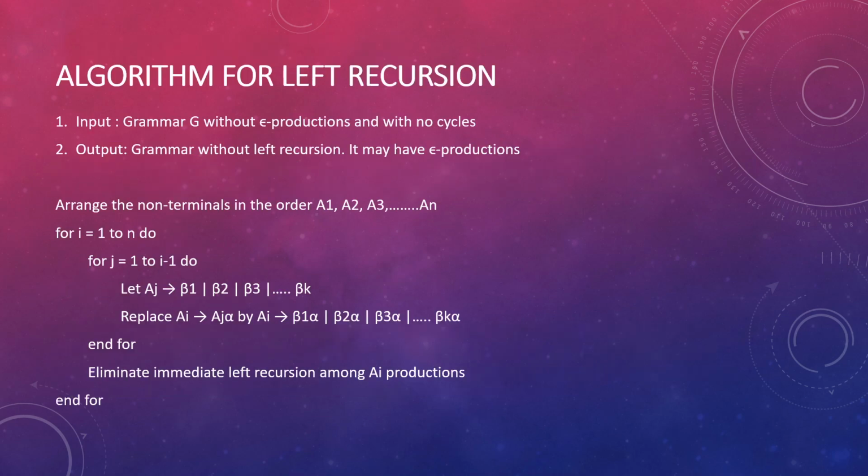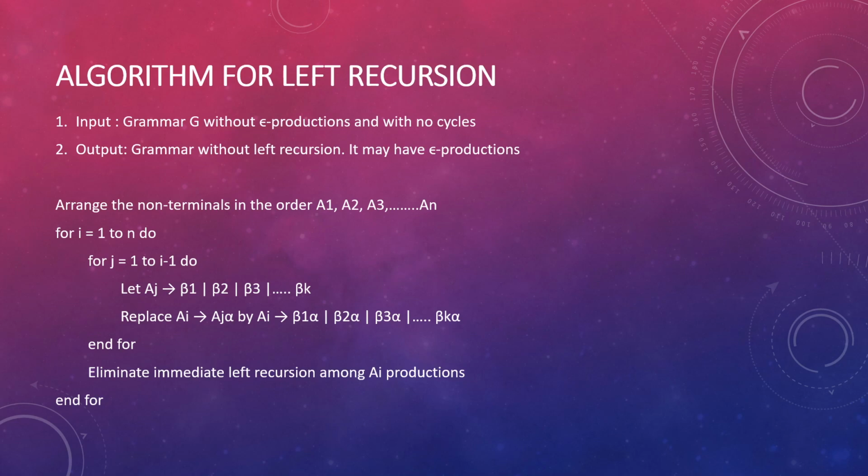Algorithm for left recursion. Let's say we are given a grammar with no cycles and no epsilon productions, and we are going to get output without left recursion. It may have epsilon productions. So what we do is arrange the non-terminals in the order A1, A2, A3 up to An, and we run a for loop where i ranges from 1 to n and a nested for loop of j running from 1 to i minus 1,